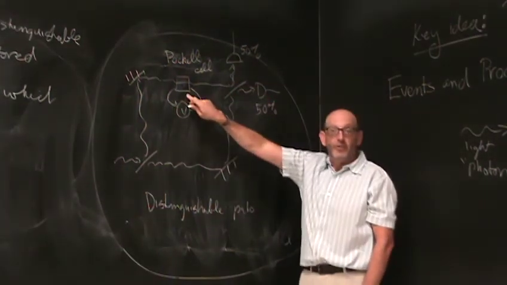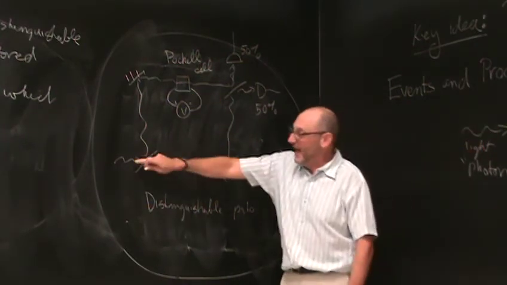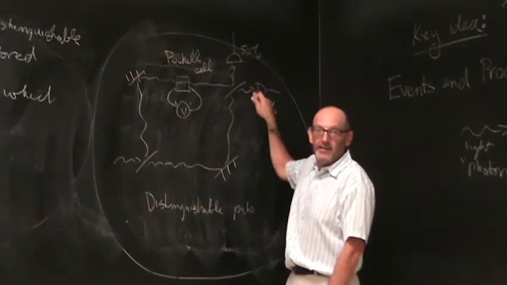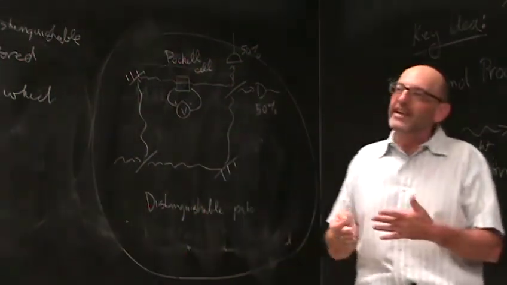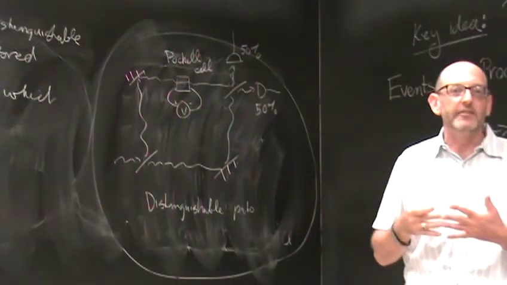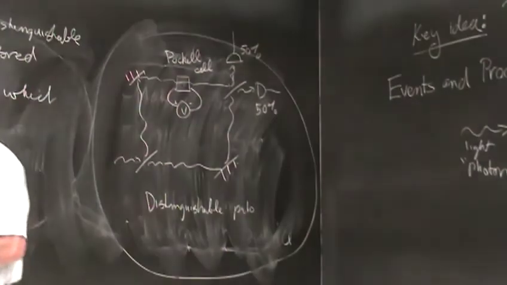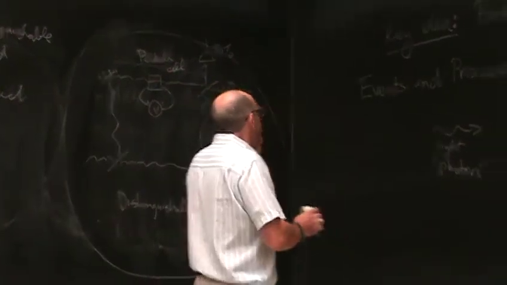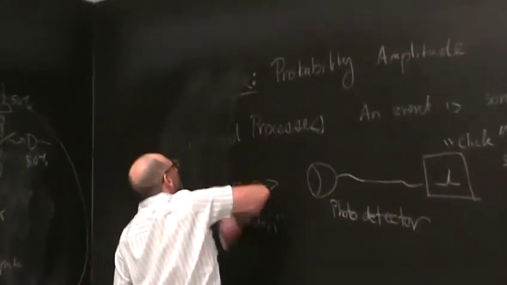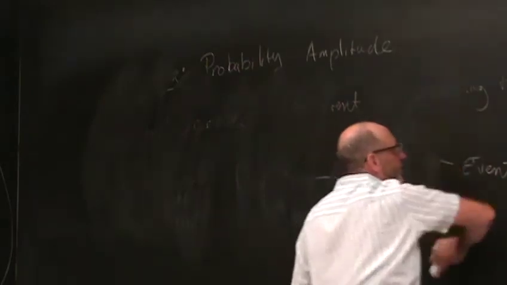If I do see voltage here, then I know process 1 happened. And if process 1 happened, it went like this, and then when it gets there, there are no two indistinguishable alternatives which can either constructively or destructively interfere with one another. All right. Now, of course, the notion of interference has its birth in classical physics.